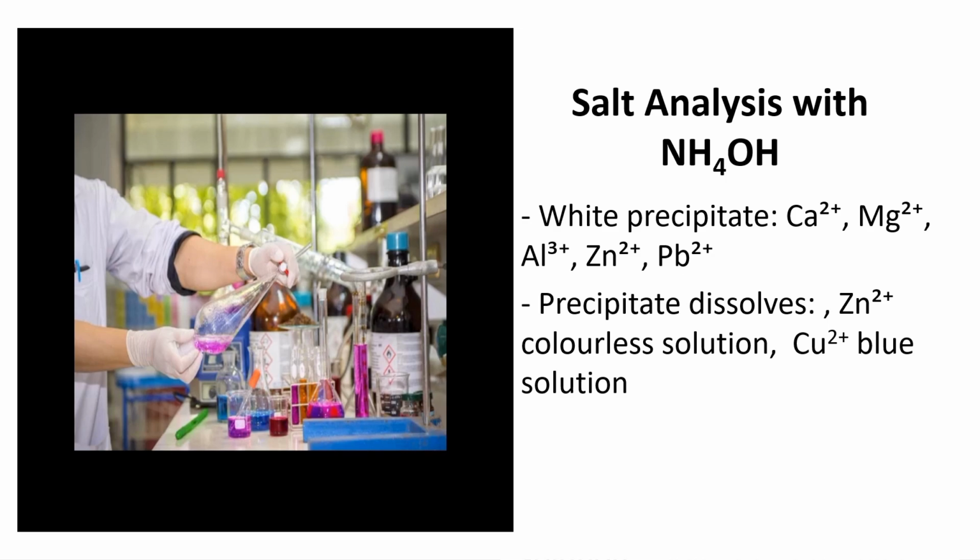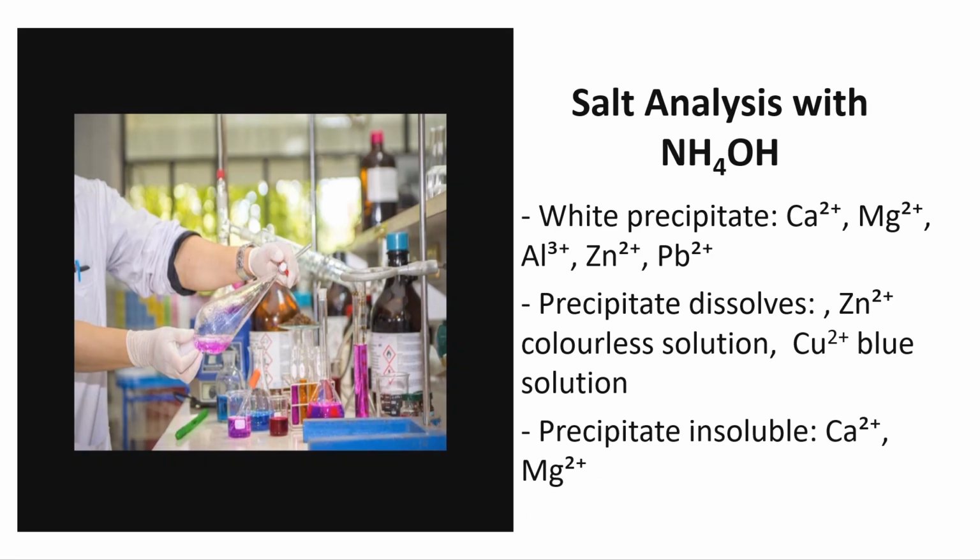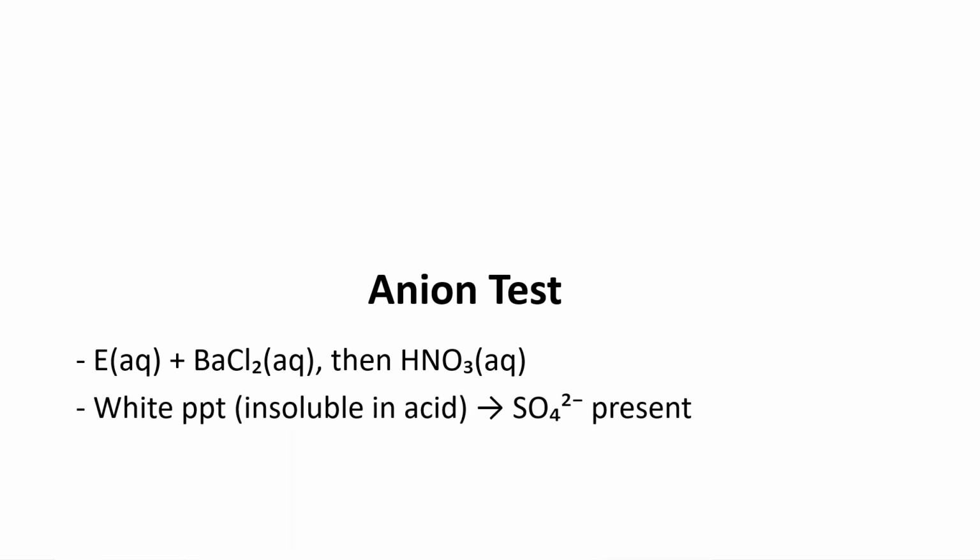Note lead and calcium white precipitate is chalky or powder-like. Get that. The others are gelatinous. But no action of ammonium hydroxide on calcium ion. This means no chalky white precipitate. To test for anion, 3. Let the sample be aqueous plus BaCl2 aqueous, then HNO3 aqueous. If the observation is a white precipitate and remains insoluble after adding trioxonitrate(V) acid,